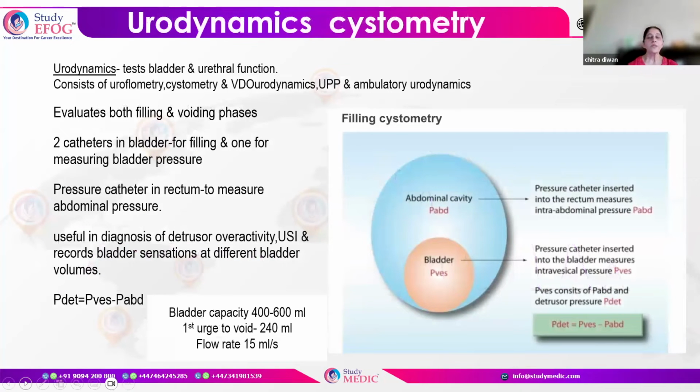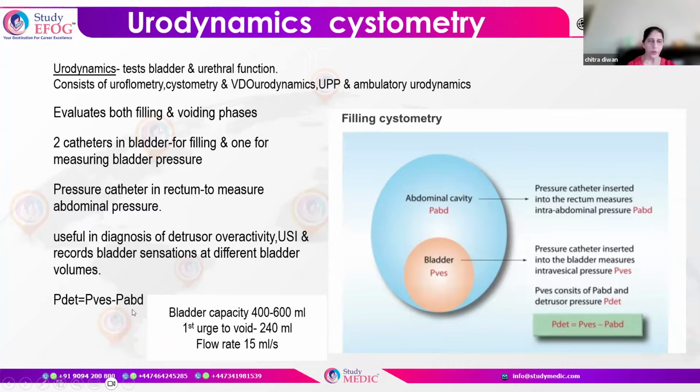Now let us come to cystometry. Cystometry means you are testing the bladder when the bladder is getting filled. In this, there are three catheters. One catheter is in the rectum that measures the abdominal pressure. Then there are two catheters placed in the bladder. One is for filling the bladder and the other one is for measuring the bladder pressure. So you will be measuring three pressures. One is the detrusor pressure, second is the vesical pressure, and third is abdominal pressure. Now understand here, vesical pressure is the total of detrusor and